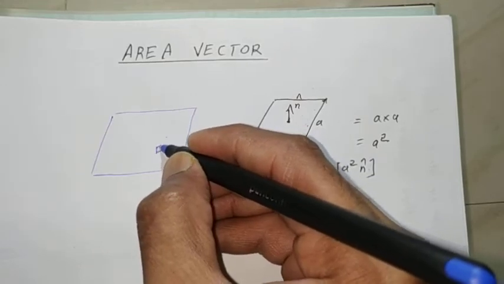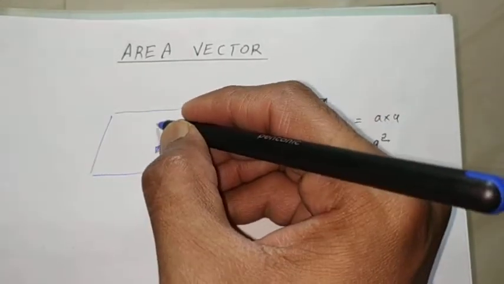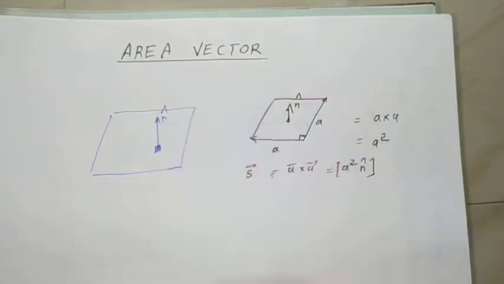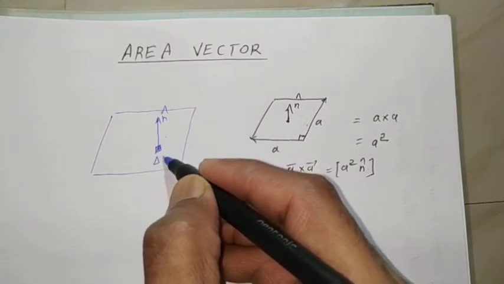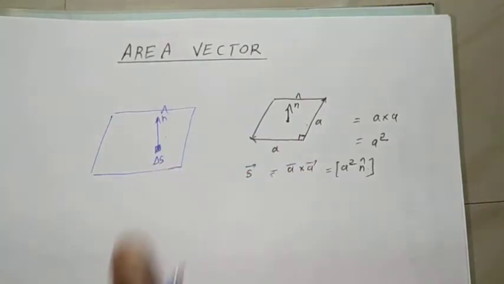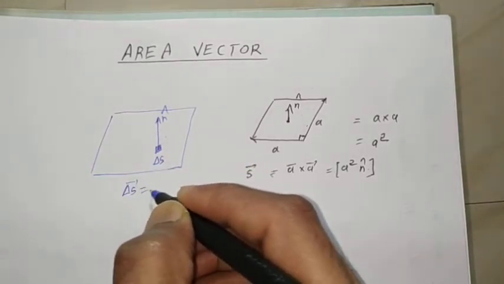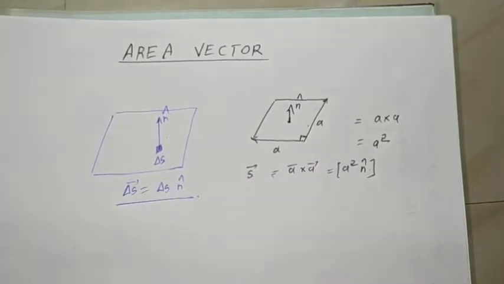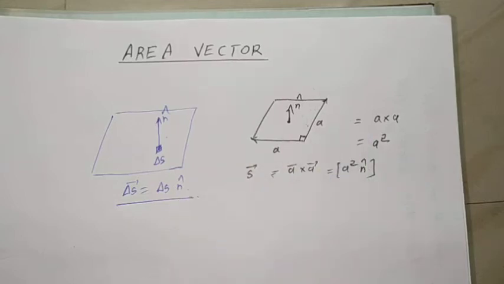If I am considering a very small element, then we can calculate this area vector. It is perpendicular to this surface, and this can be written as n cap, the area vector. So if I say the magnitude of this small shaded region is delta s, then the total area in vector form will be written as delta s multiplied by n cap, and this is our vector representation of area. So this is the area vector. We will use it in calculating electric flux.